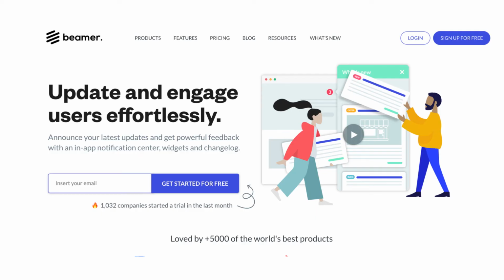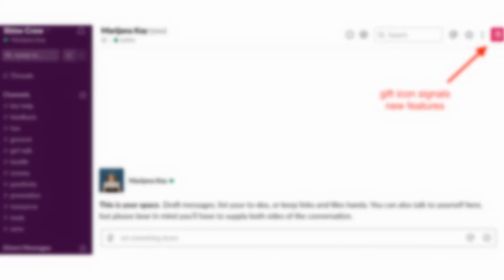Your existing users are proof that your product works. They are the ones who are most likely to adopt or try a new feature. Hence, strengthening engagement with existing users is crucial for your business. For example, Freshworks uses Beamer, an in-app messaging tool, to inform existing customers about new features or an update. Slack also adds a gift icon every time there is something new on the platform. Of course, it sends across a happy feeling since gifts are associated with happy events.